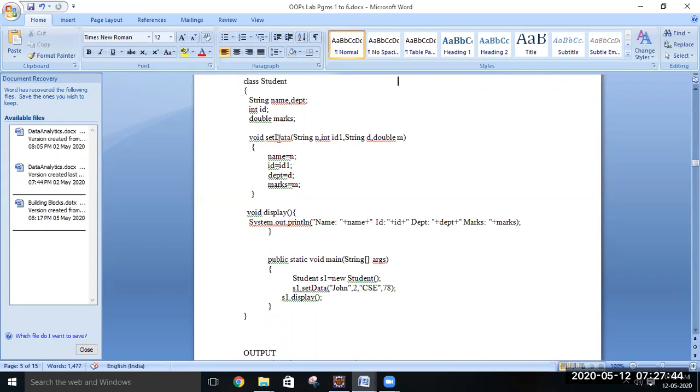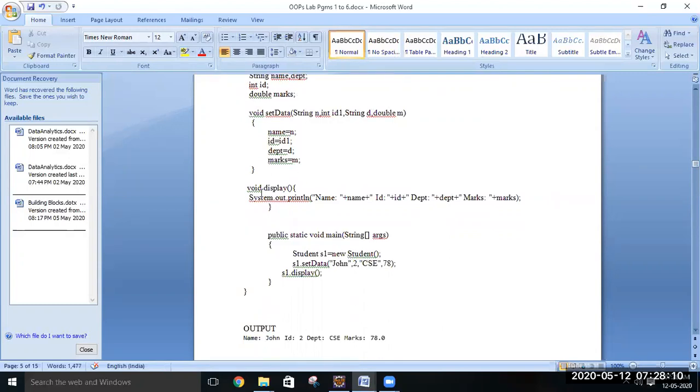The purpose of set data is to assign values to these member variables. In the previous program, we used constructors for initializing values of this class. Here we are using the set data method to assign values for the members of this class. Set data is taking 4 parameters, which are the 4 data members of this class student. Now we are using the same display method in order to display the values.